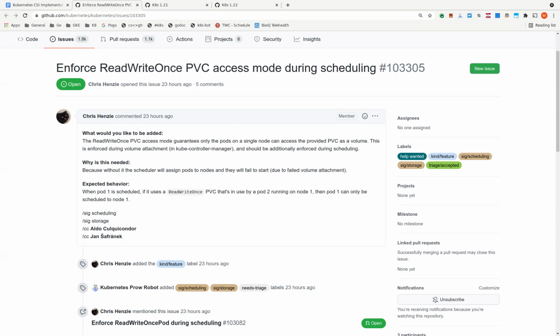Because currently today, in order to do what you want to do, read write once on the same node, you need to add a node affinity or pod affinity to your pod spec to force them to schedule onto the same node. This proposal is actually adding logic in the scheduler so that you no longer need to have those node affinities and pod affinities.